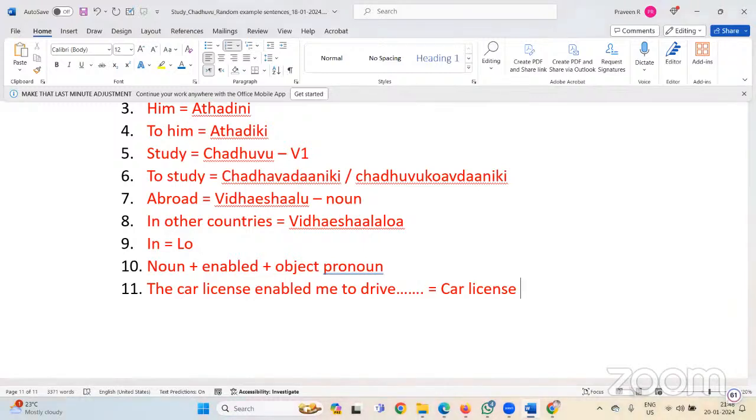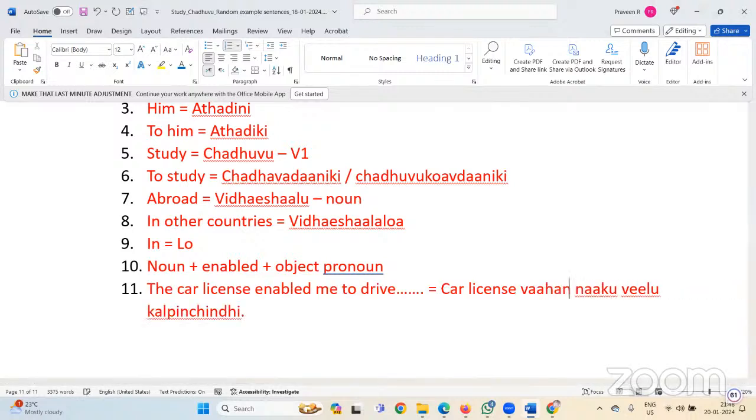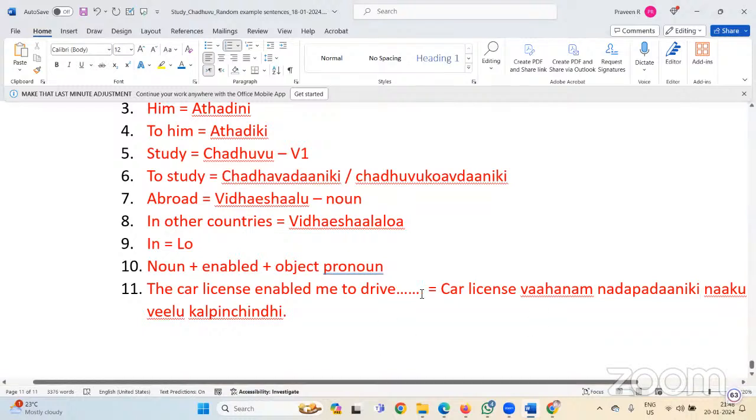The car license enabled me, నాకు వీలు కల్పించింది, to drive, వాహనం నడపడానికి. కార్ లైసెన్స్ వాహనం నడపడానికి నాకు వీలు కల్పించింది. This is a simple structure. Let's think of some other sentences in the